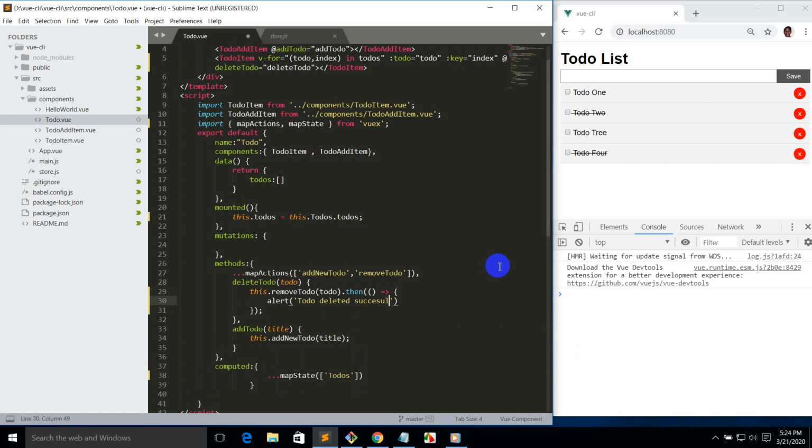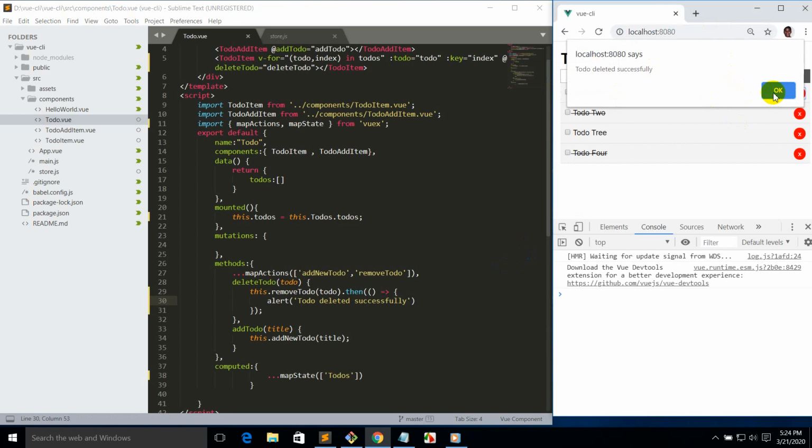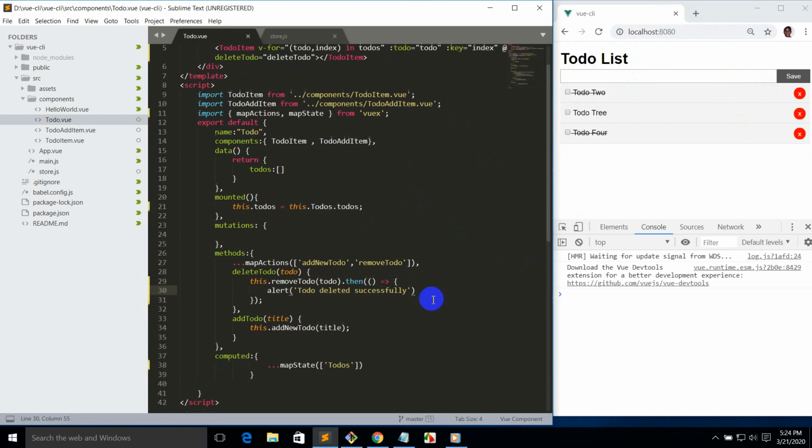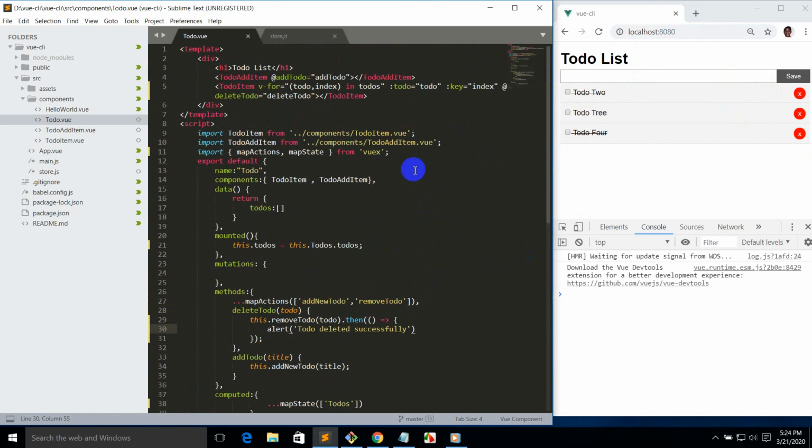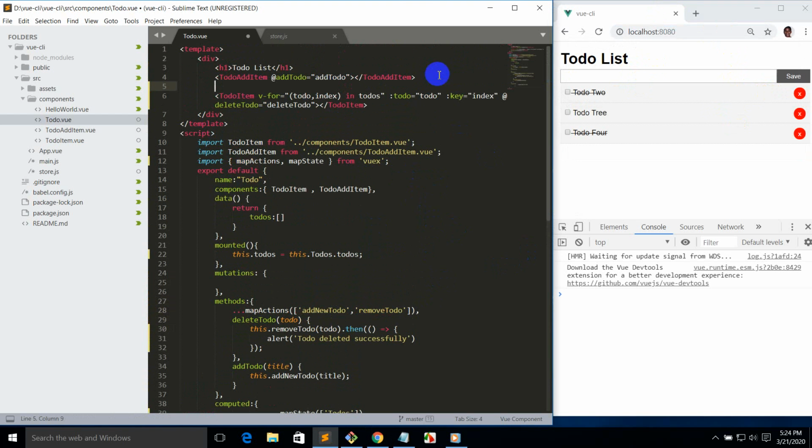Success. Okay, successfully. Okay, when I refresh, when I delete data, we need the data to delete successfully. Okay, successfully. So if we add the loading here, for example, I add